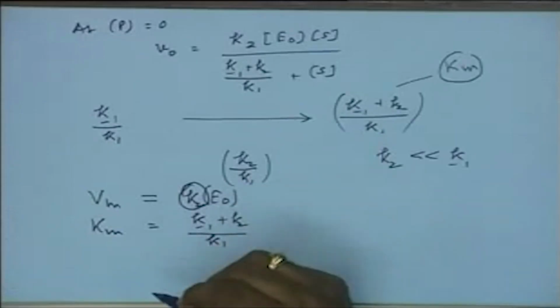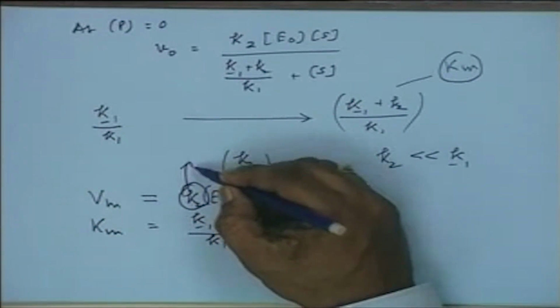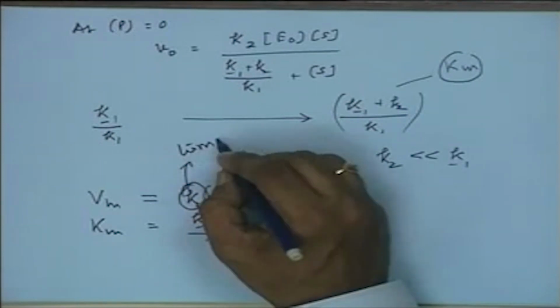Vm is a function of enzyme concentration. If you increase enzyme concentration, the value of Vm increases. The kinetic parameter here is K2, the rate constant which is responsible for breakdown of the enzyme-substrate complex into the product, and very often K2 is also called the turnover number,